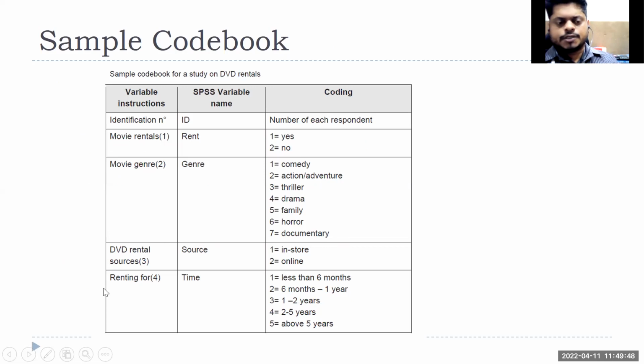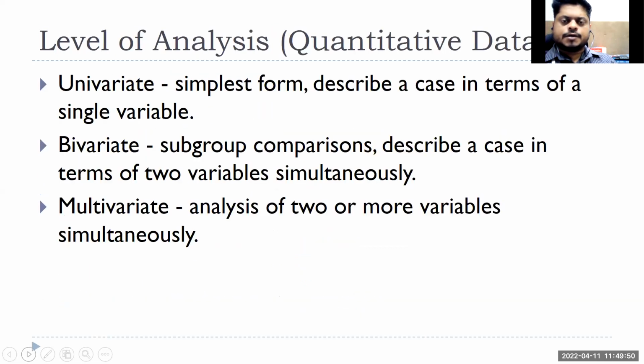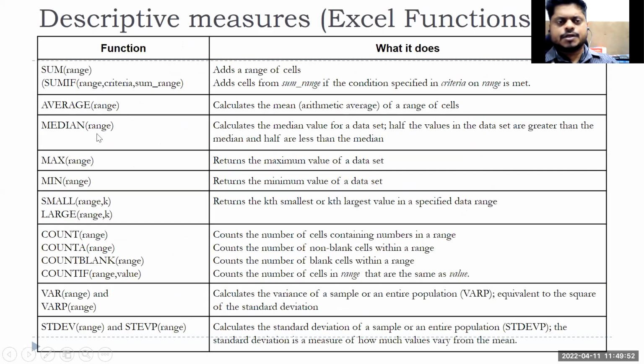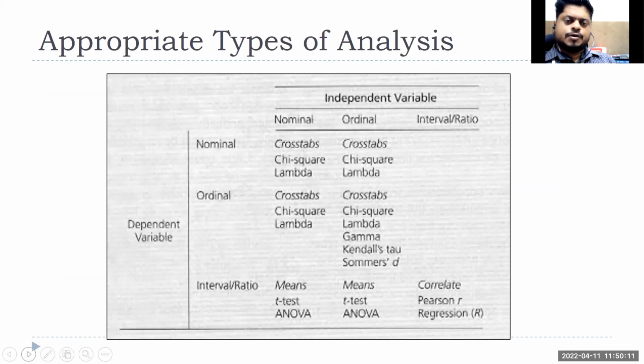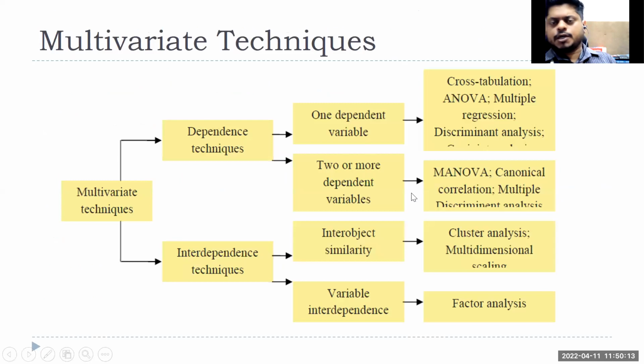Then obviously I have discussed univariate and multivariate analysis. When I say discussed, these are certain functions in Excel. Most of you know count of data, average, median, maximum in a range. If I want to find the maximum value in a range, the minimum value in a range, right? So these are the functions. Variance we have discussed, standard deviation we have discussed. Univariate, two variate, multivariate. Among multivariate, some of the analyses we have already done are cross tabulation, ANOVA,